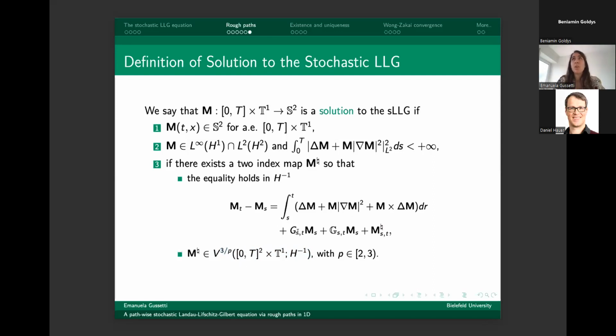Somehow, how does it work intuitively? This is giving an oscillation of 1 over p. This is giving an oscillation of 2 over p because we have an integral against the 2 Brownian motions. So it's 1 over p for one Brownian motion and 1 over p for the other. So it's a 2 over p. And here we hide all of the contribution of more, so of 3 over p variation. And this in particular means that we see some kind of oscillation here. Here we see a more regular oscillation, so it's oscillating less. And here we somehow see the constants in a sense.